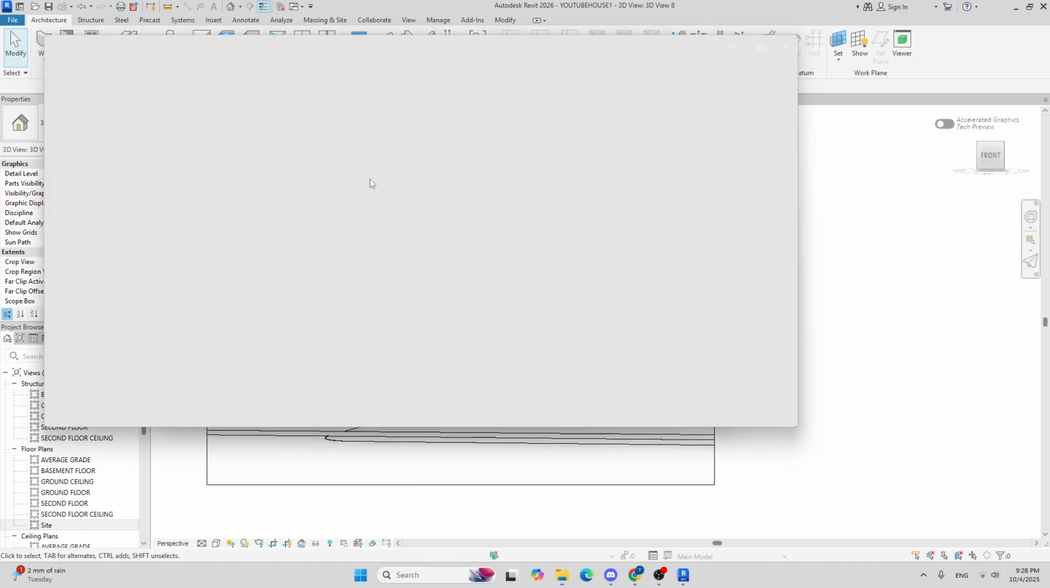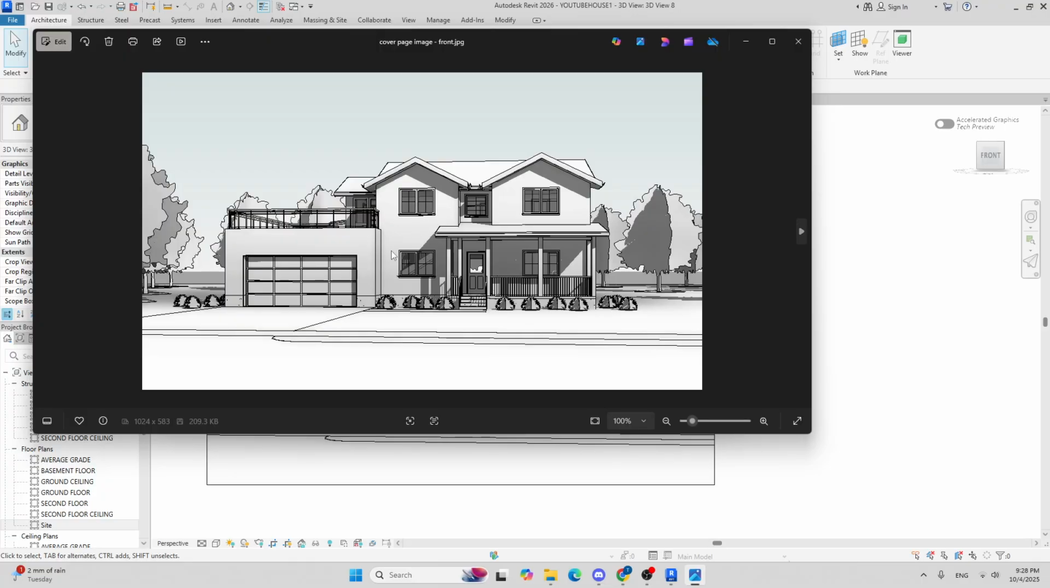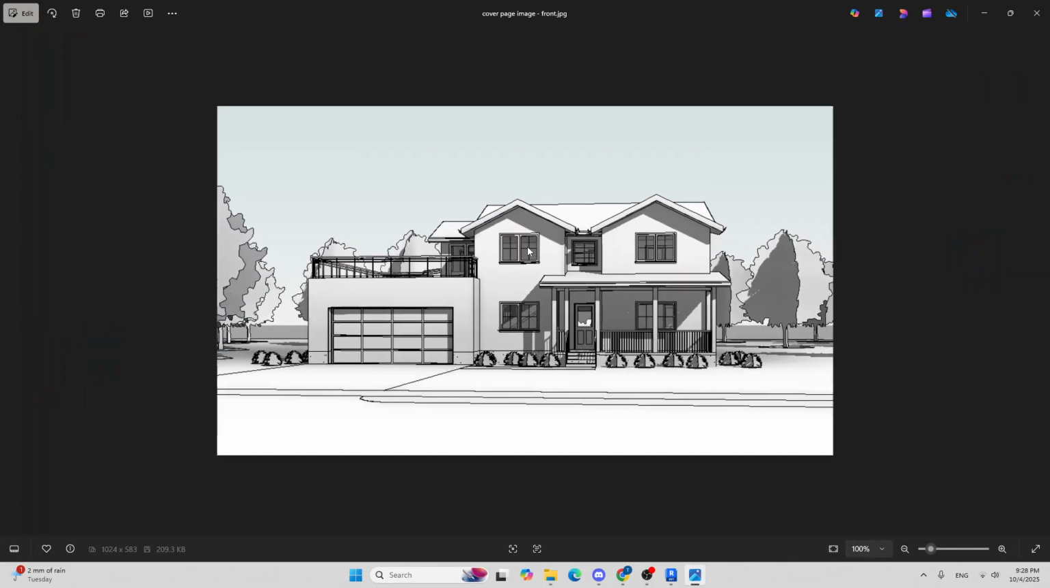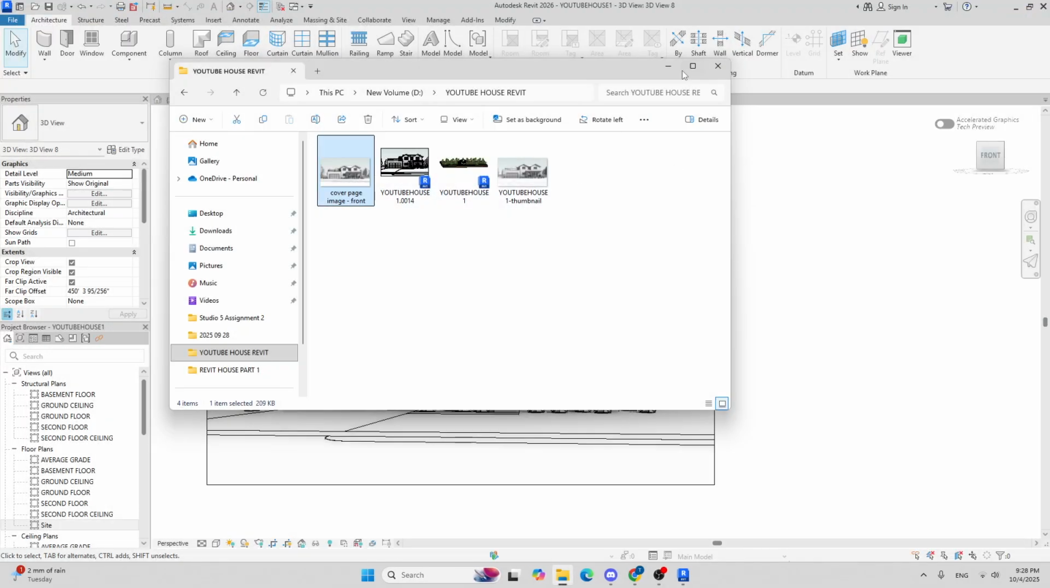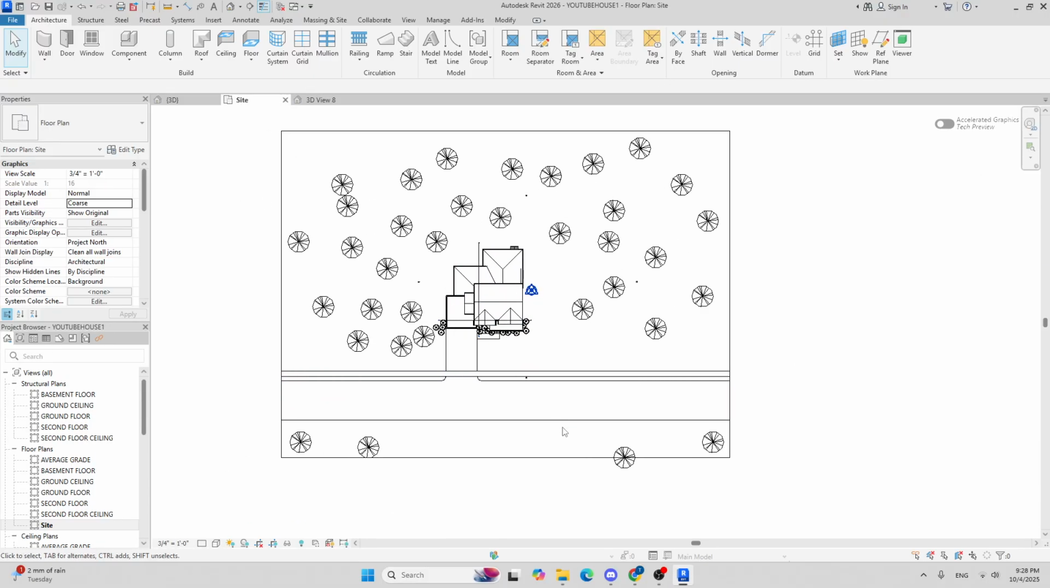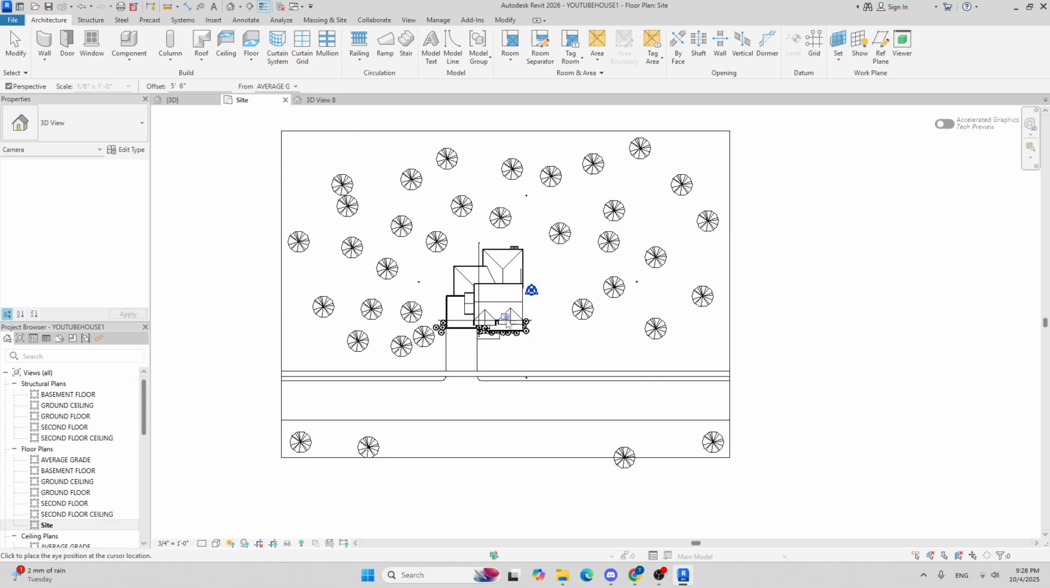Okay, so this is our image. It looks quite nice. I'm quite happy with it, so I'm gonna keep it like that, and I'm gonna create another 3D view that looks from this side of the street. So I'm gonna click this one, I'm gonna click camera,